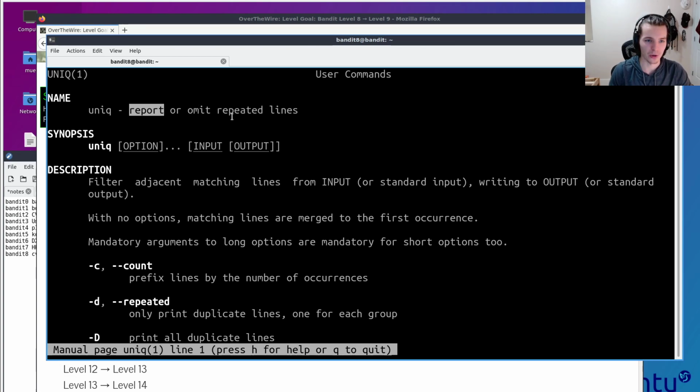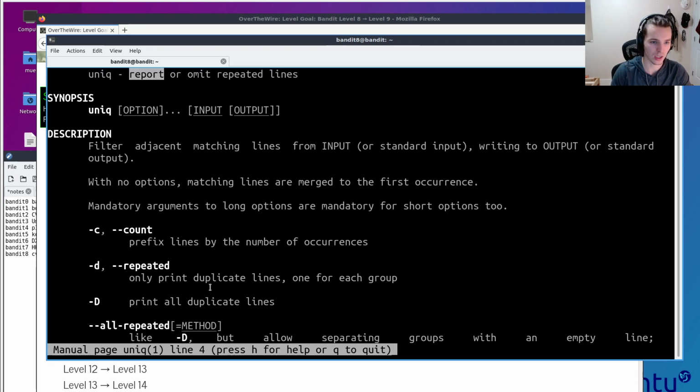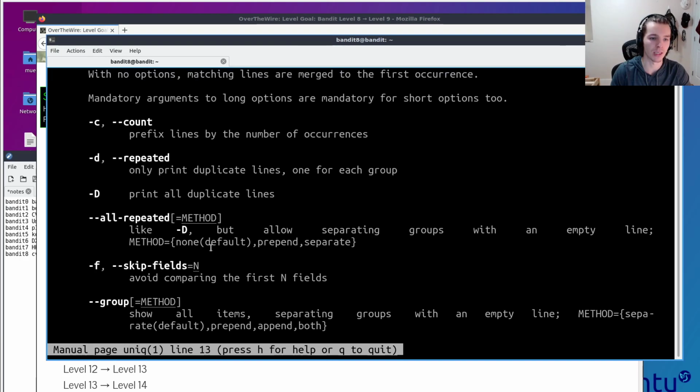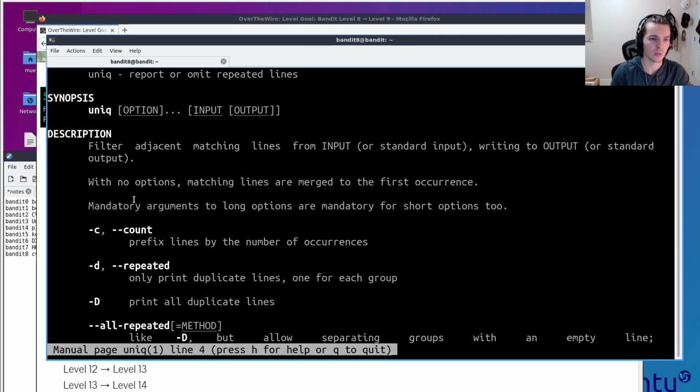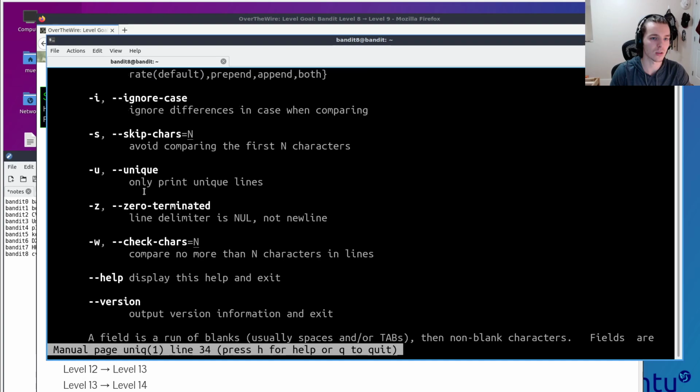So we can repeat or omit lines with just the input. I think we can just pipe again straight into this. It should work fine. We want to omit repeated lines, so not only print duplicate lines. Let's see what it says by default: with no options, matching lines are merged to the first occurrence. Okay, but we want to omit repeated lines, so